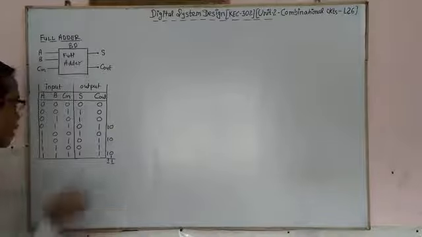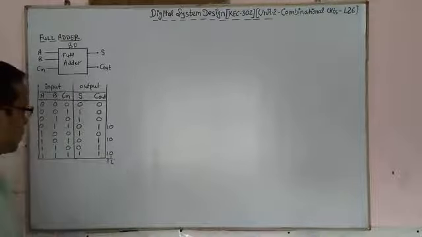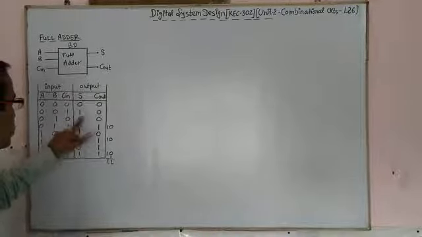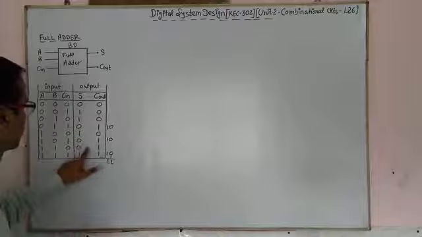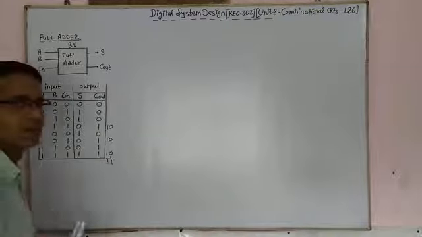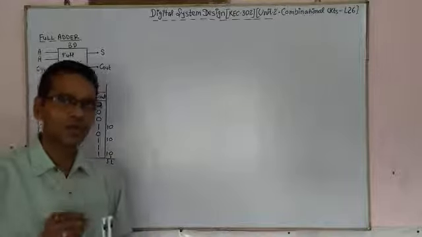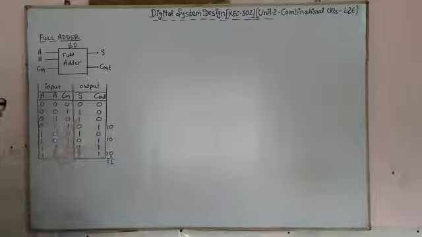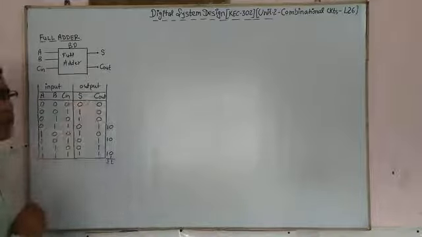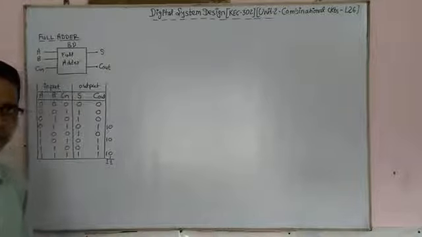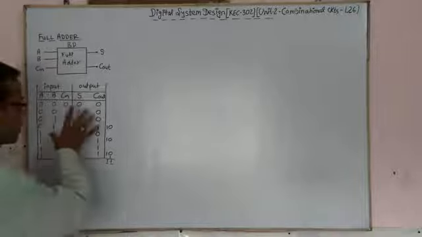So we will observe the 1s for the SOP representation of the output. We have here 2 outputs, so we will get 2 logical expressions. Now the second step is how to find out the logical expression from this truth table. So now you have to find out the logical expression from this truth table.